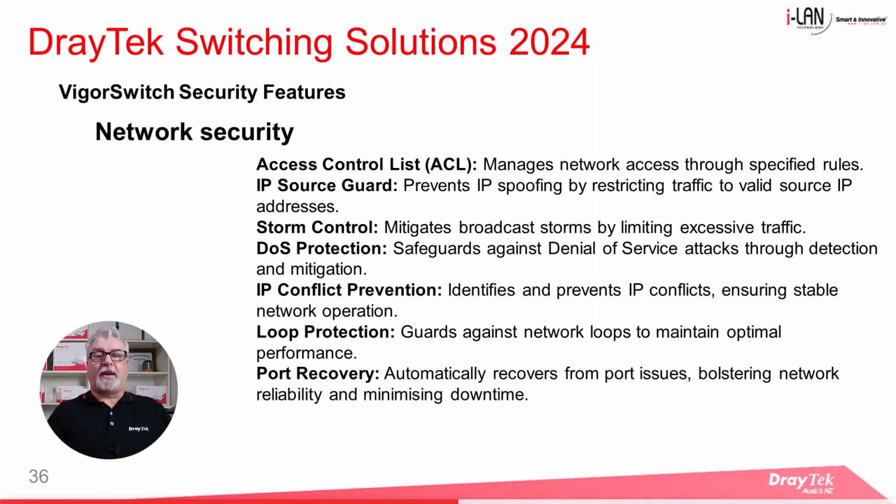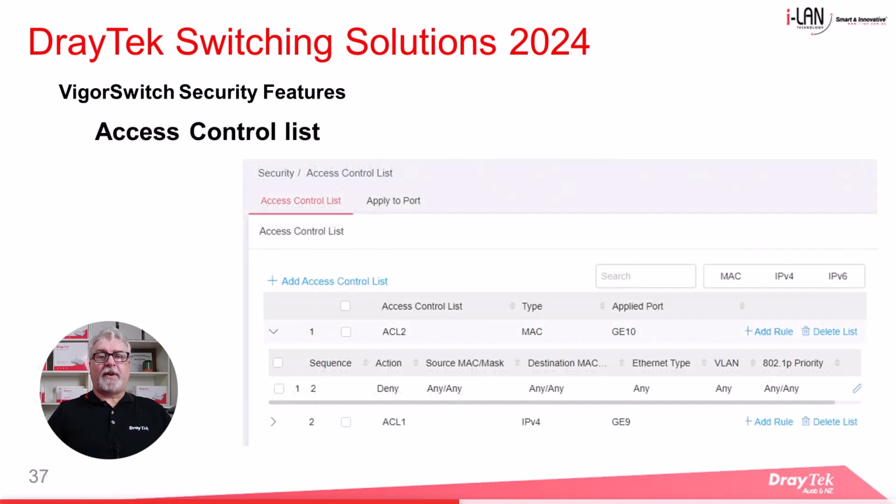Let's check those out in a little more detail. First up, ACL. An access control list is a sequential list of permit or deny conditions applied to IP addresses, MAC addresses, or other specified criteria. Packets are tested against these conditions, accepting or dropping based on matching rules. Users can create ACLs for Layer 2 filtering, that's a MAC layer, or Layer 2 to Layer 4 filtering for